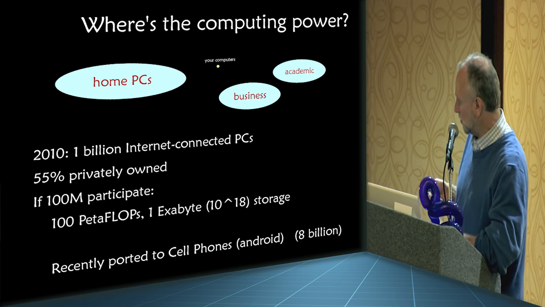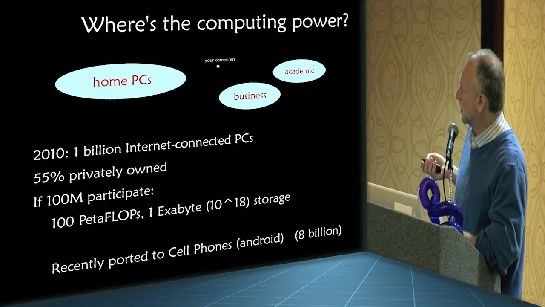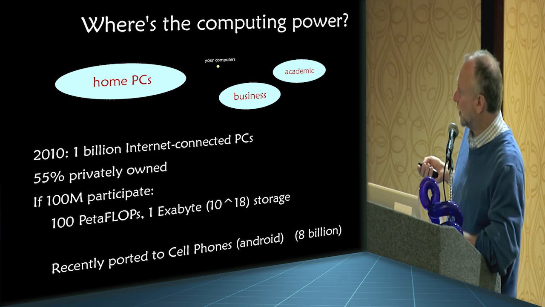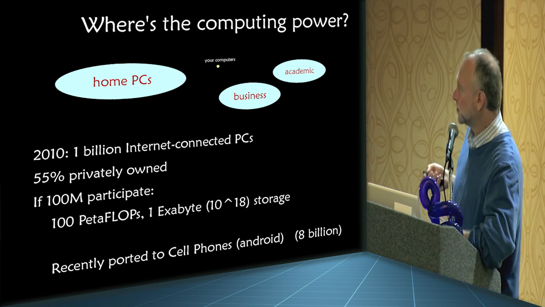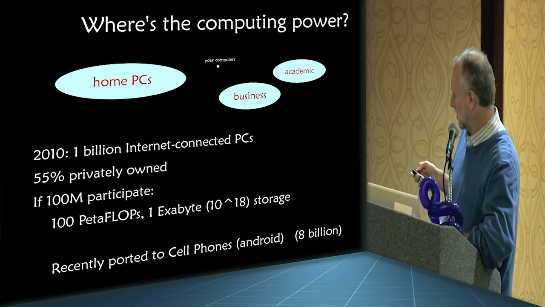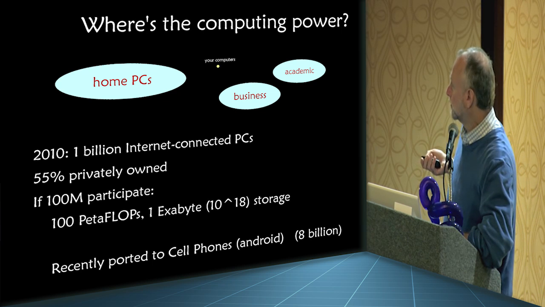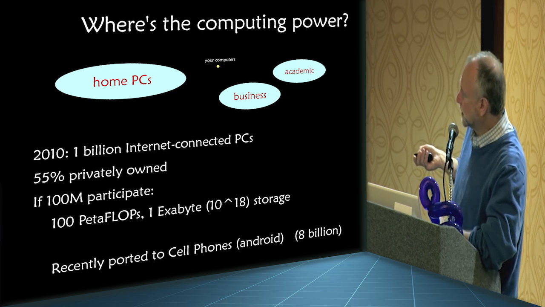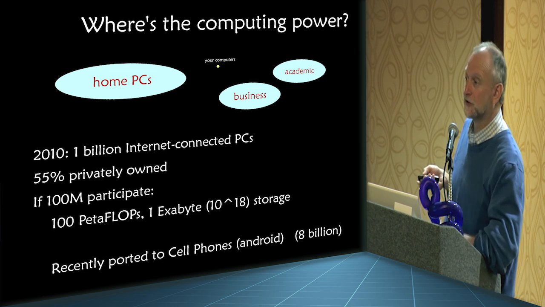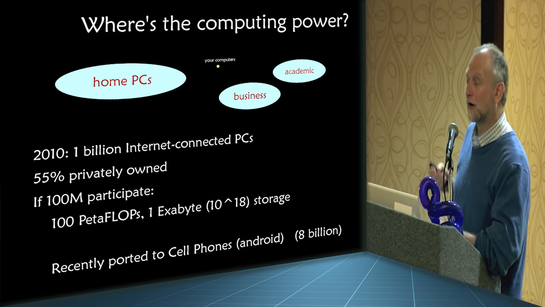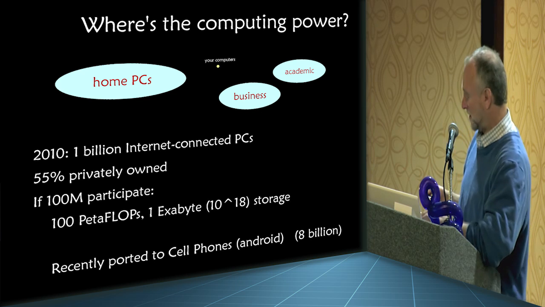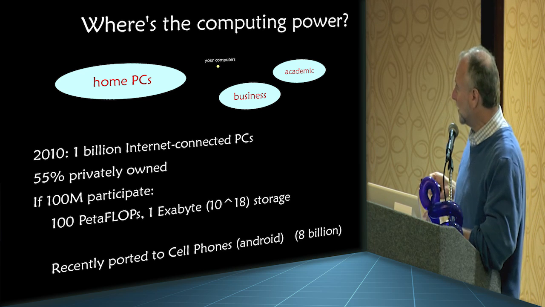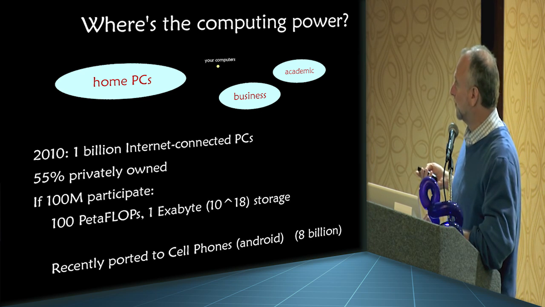And the idea is, I think you guys are experts at this, that there are about 1 billion machines. This is called edge resource aggregation. There are about 1 billion machines out at the edges of the internet, so most of the computing power is out at the edges of the network. There's also a lot of storage out at the edges of the network. We recently ported this to cell phones. It's now working on Android phones. I don't recommend you run it except when your phone is charging, but at night, you can help us find ET. Download the screensaver on your Android phone.